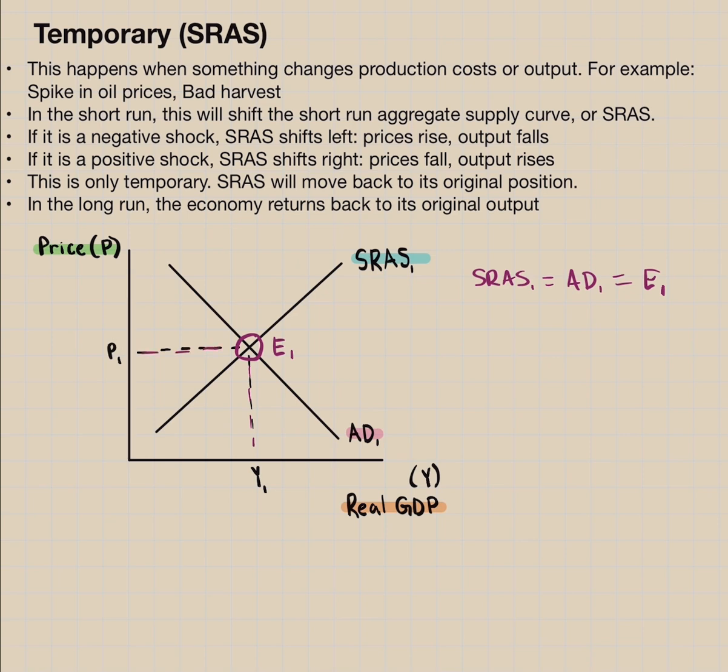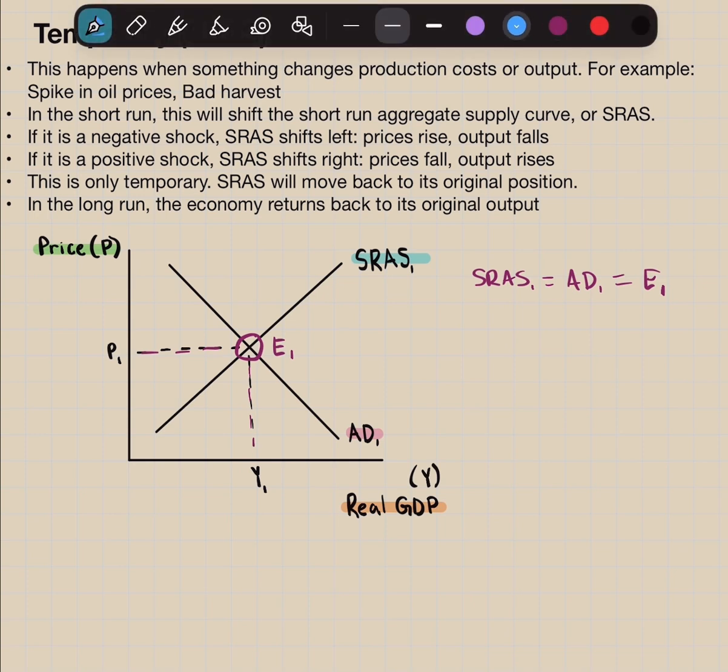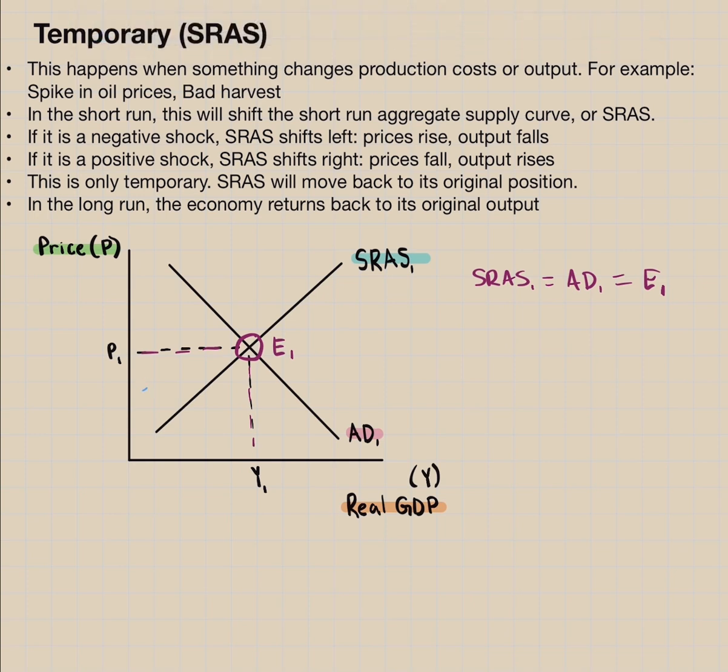Let's assume that we have a bad harvest. That means we have less crop than we thought we would. This means that our supply has decreased. I show this by moving SRAS to the left. Now that we have that, we now have a new equilibrium